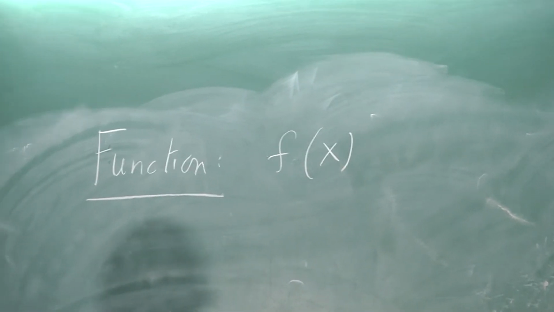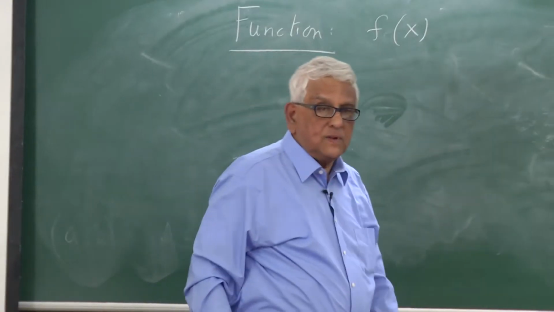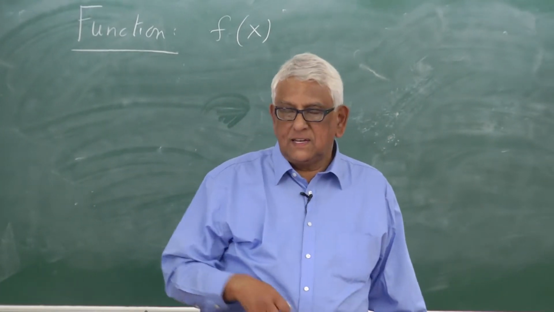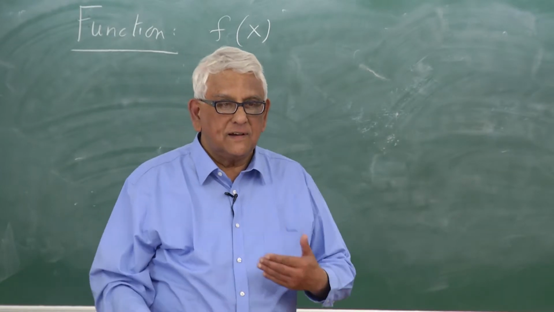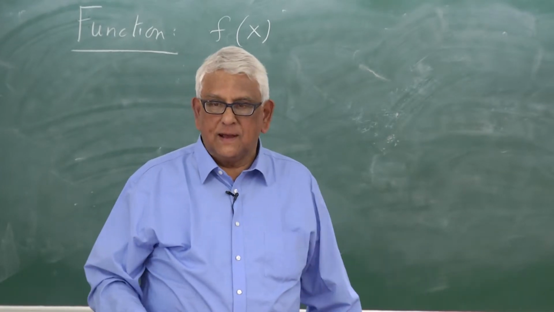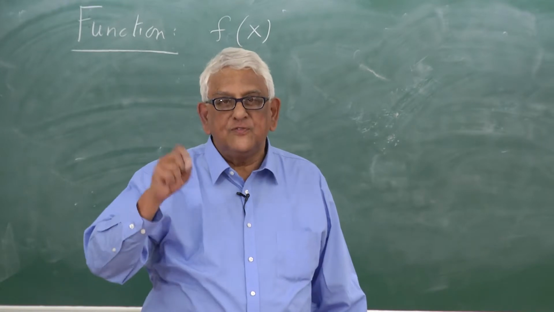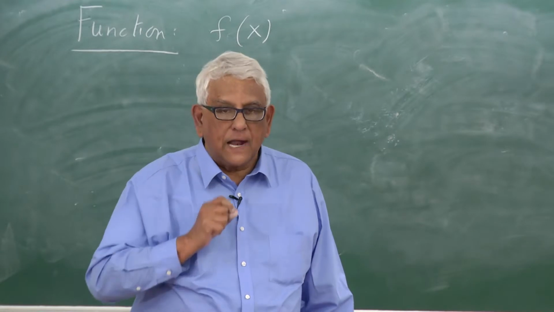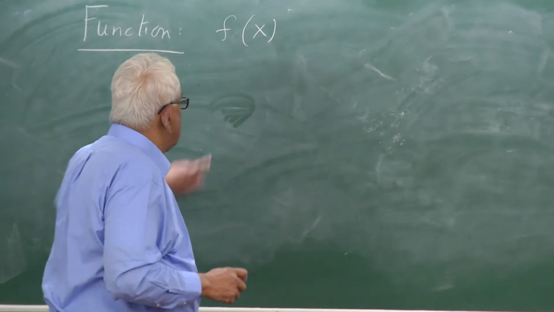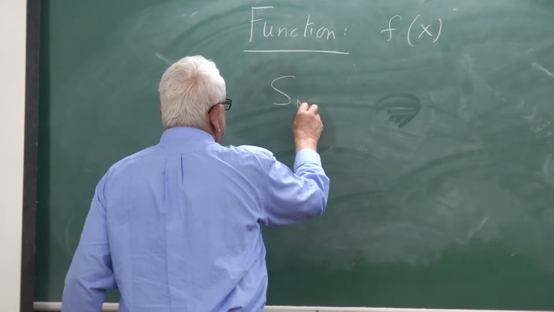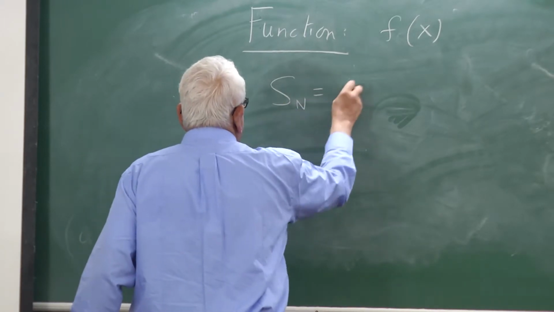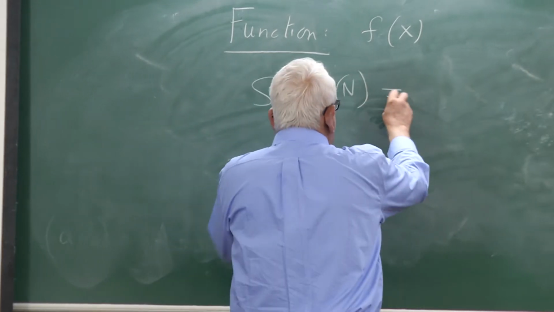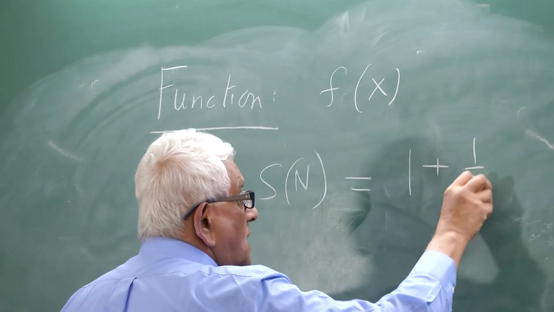So let me, you see, in these examples, I have called the unknown x, but then I deliberately kept changing. I've called the unknown n, I've called the unknown g, different symbols are used, right? But we've clearly specified that there is an unknown. So here again, let me start with a simple example, s of n, which I can write as s of n, like this, and which is equal to 1 plus half